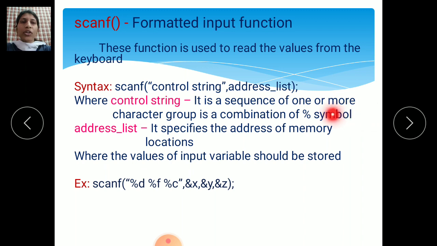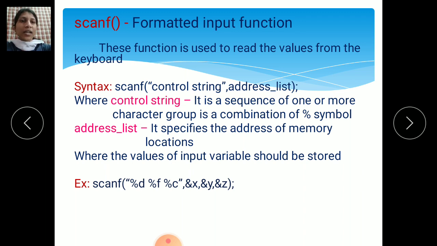percent symbol. Using the percent symbol, we specify what data type we are using. If you are using an integer value, use %d. If you are using a letter, a character, use %c. If you are using a word, use %s, which means string. If you are using fraction values, use %f. The combination of the percent symbol and that character means that data type. Whichever data type you use in your program, write it using the percent symbol.